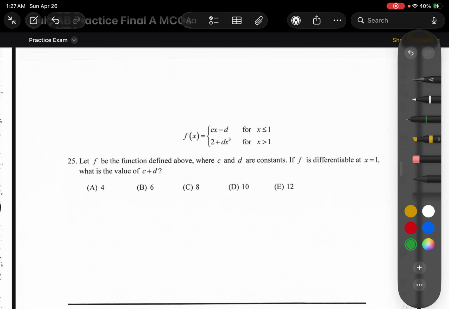We're given another limit problem here. Let's check for continuity, and then let's check for differentiability. For your steps, for step 1, check continuity and solve for an equation. Then step 2,